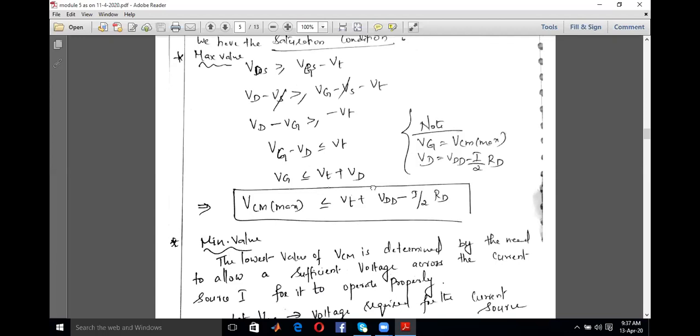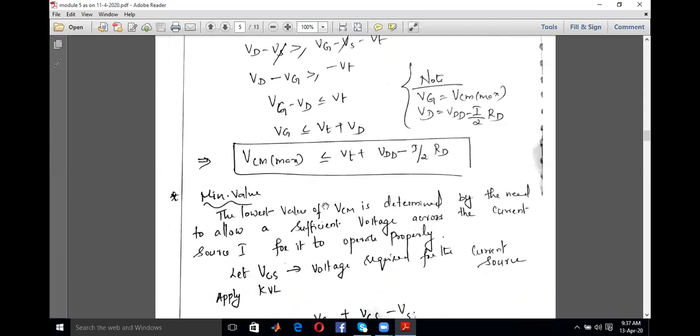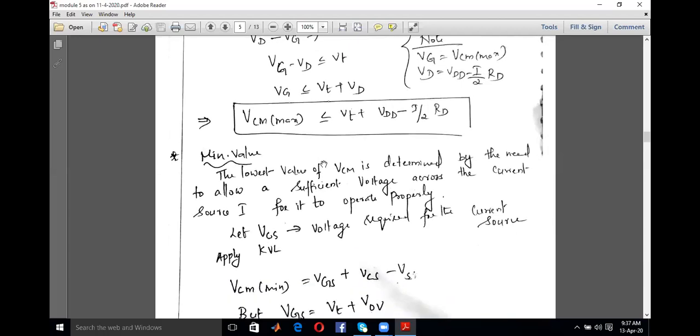Okay. Now, minimum value. This is the maximum value. Now, again, you have to calculate the minimum value, because there is a range, a maximum limit and a minimum limit, within which only you are going to give the inputs. When your input VCM goes beyond the limit, then it is not a common mode input. Then you can't ensure that your transistors' currents will be the same. Only if your transistors' currents are the same will you get the same voltages. Same voltages means your gain is 0. That is, the difference between the voltages is 0. That is, there is no gain. That is, common mode operation has taken place successfully, because it has rejected the input signals.